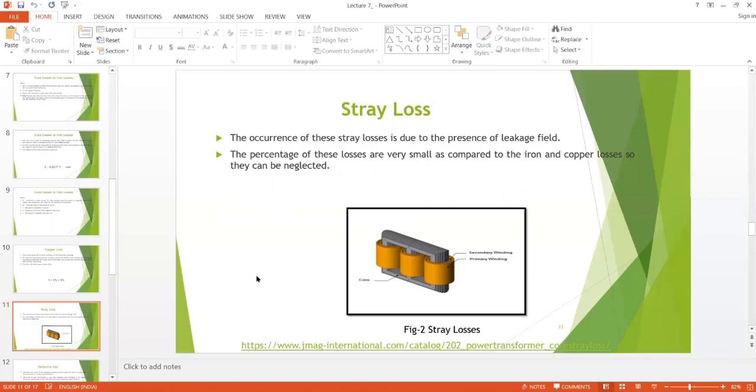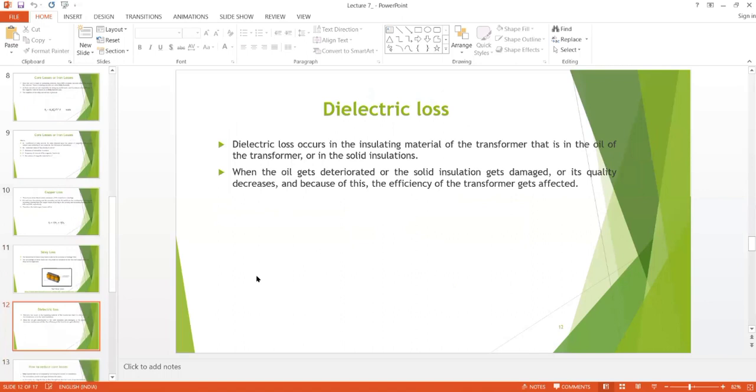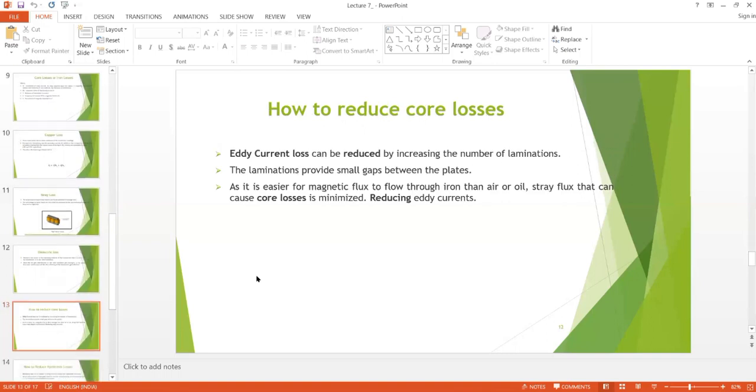Okay, so the percentage of losses is very, very small. Dielectric losses are basically due to the insulating material, whenever the oil gets deteriorated or insulation is reduced. Already discussed, eddy current losses can be reduced by using laminations, and these laminations provide small gaps between the plates